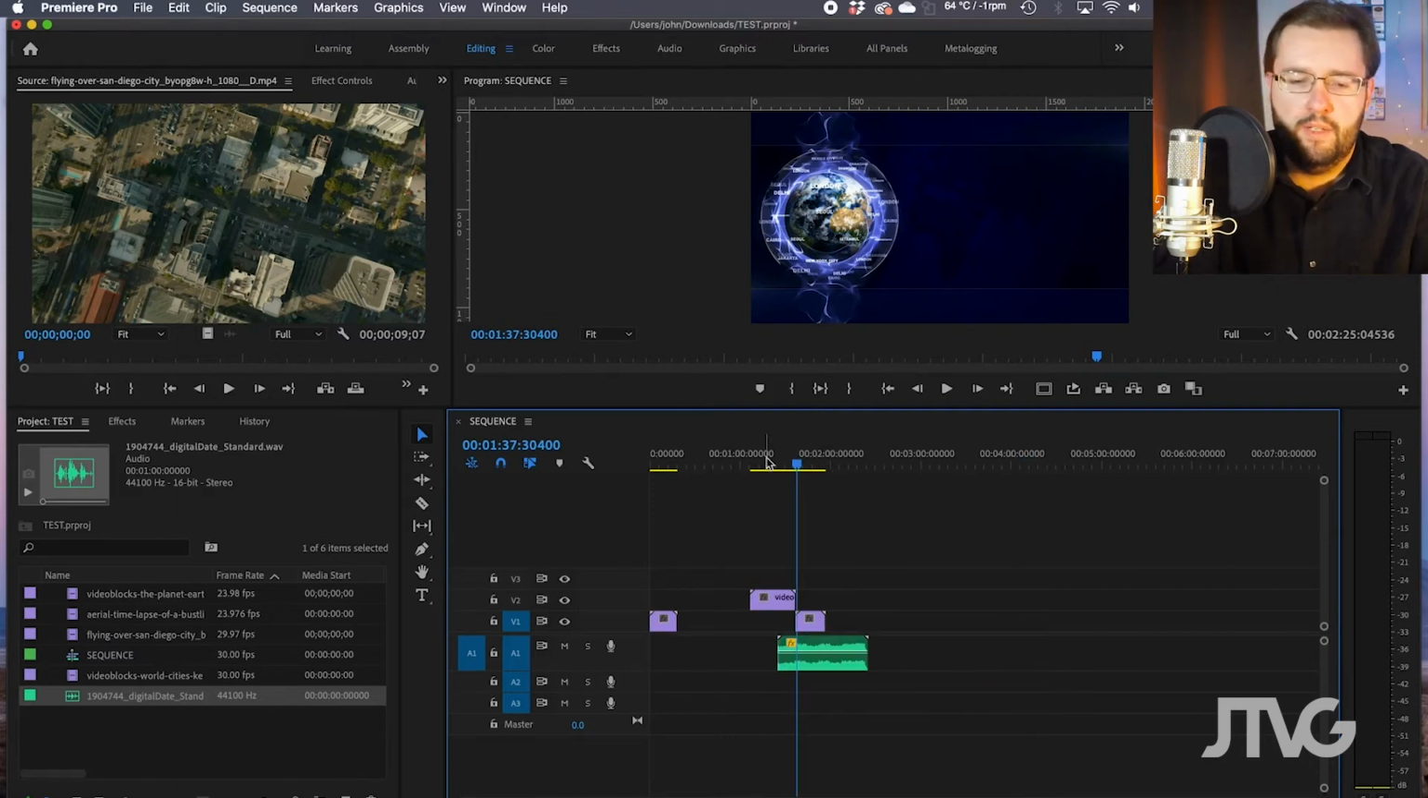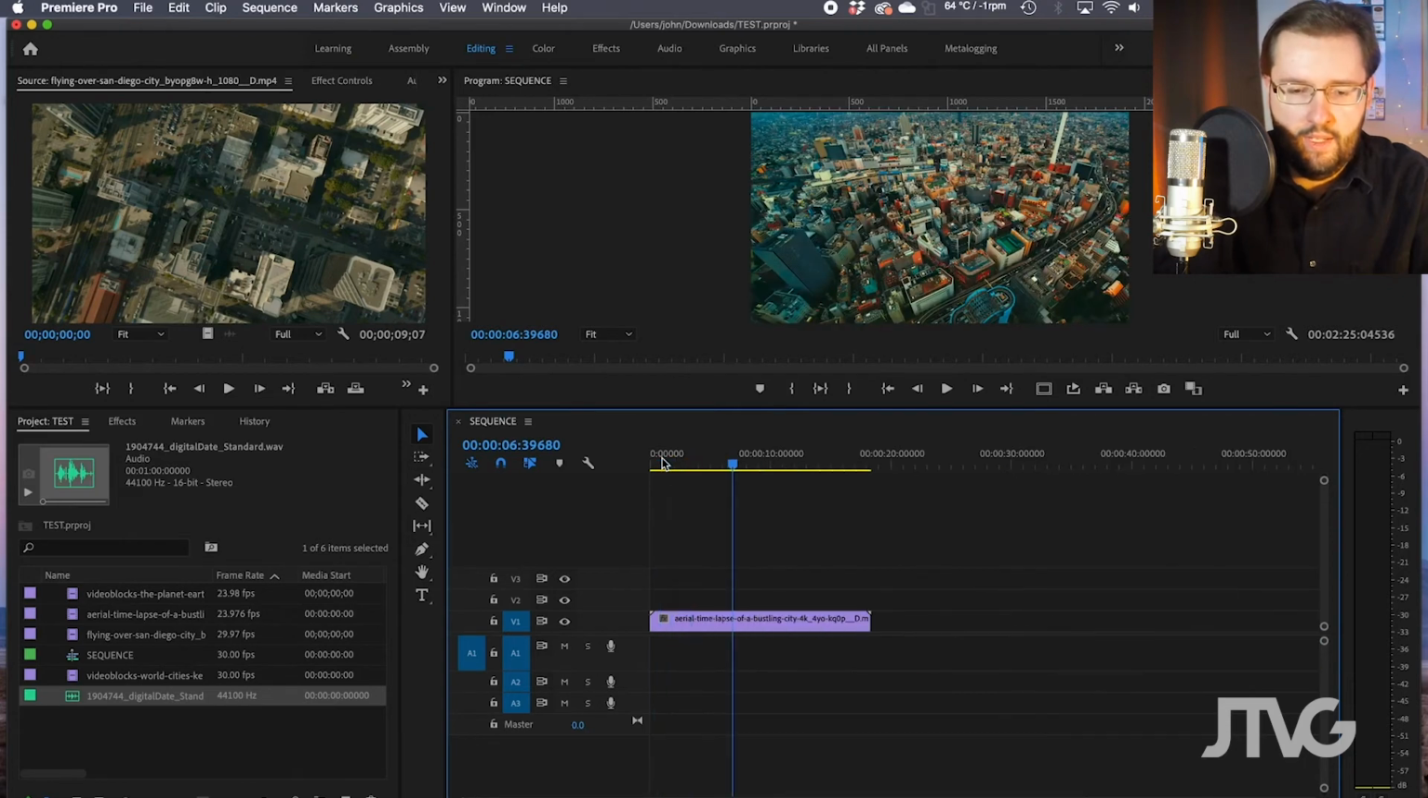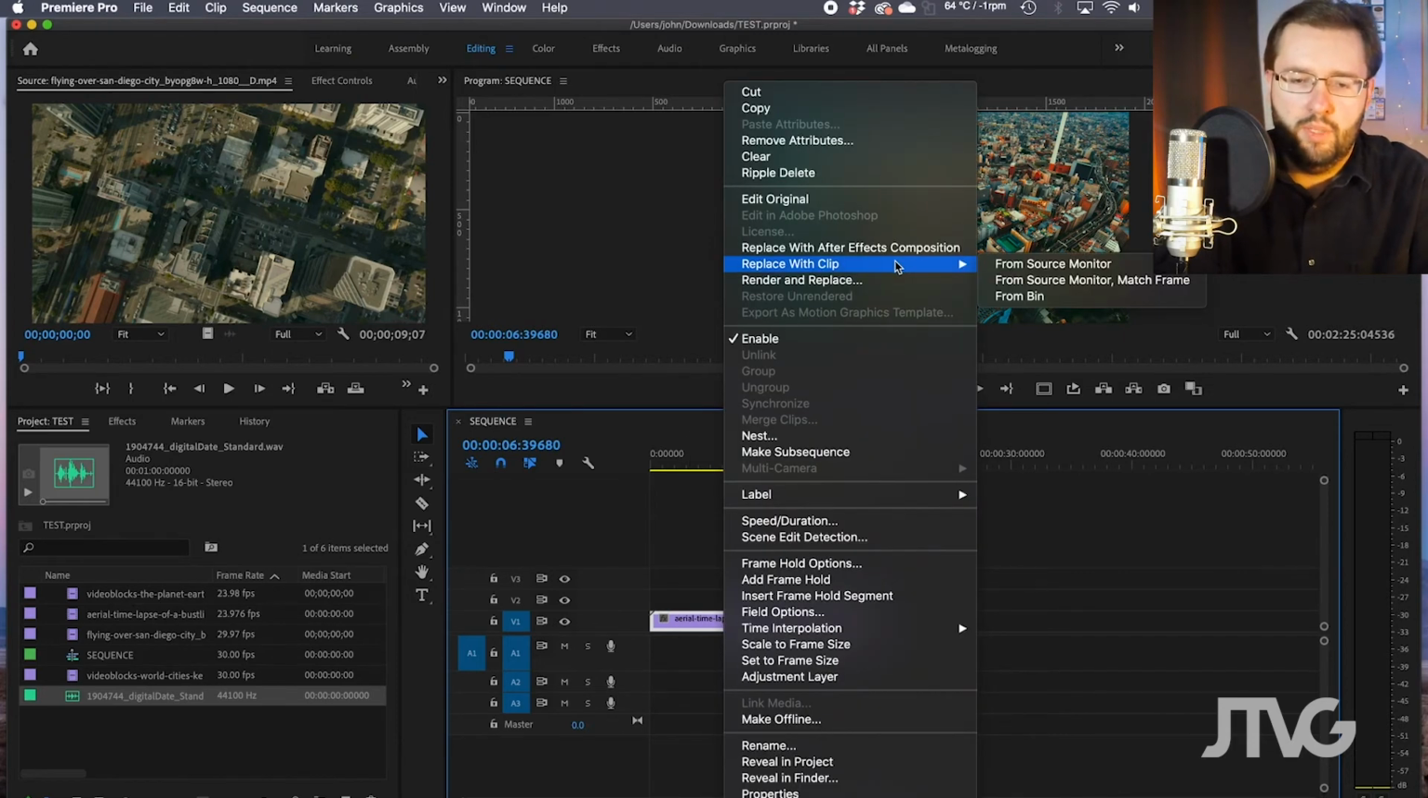The next tip I found, and this is very useful, is that you can select and replace clips that are in the sequence with something that is in the source panel, or in the project window. Let me show you how this works. So if you go into the sequence here, say if you want to replace this clip with what's in the source panel, what you can do is left click, go to Replace with Clip, and you can choose from Source Monitor or from Bin. So if you select from Source Monitor,